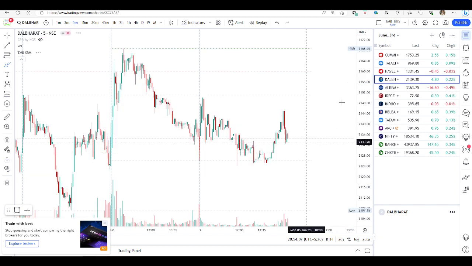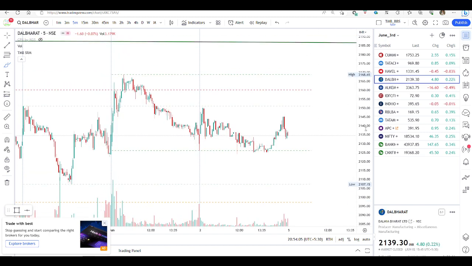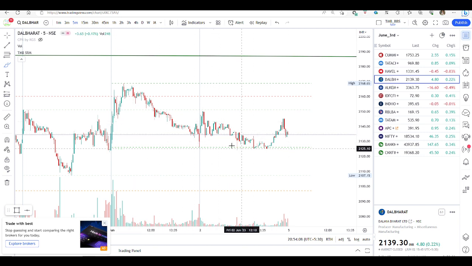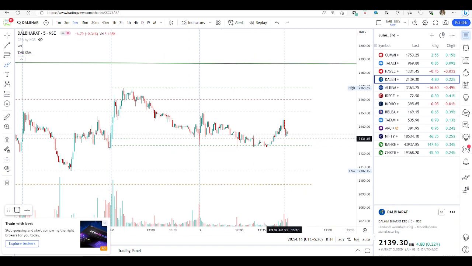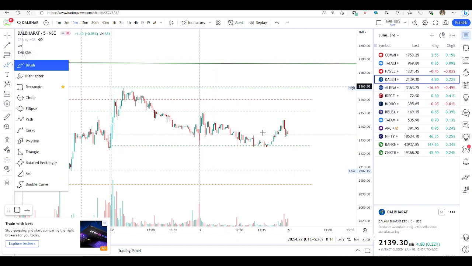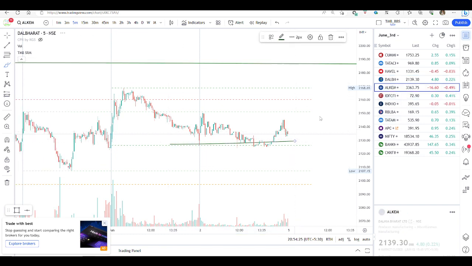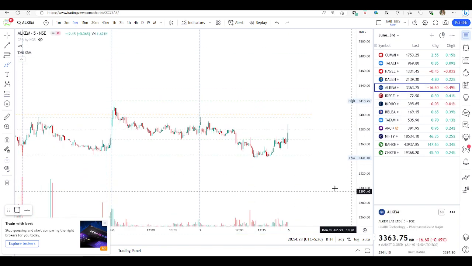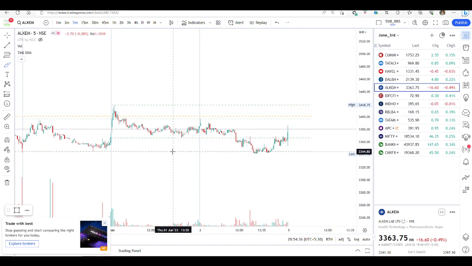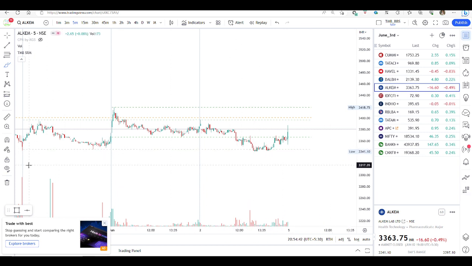Cement stocks: I expected yesterday, in whatever watch list we created, we didn't see any price action. Only NMDC had price action, but momentum is not there. That is the reason I didn't go for any trade in the watch list stocks. Dalmia Bharat also, I may look for the buy side only. Alchem: if I wanted to trade Alchem, it would have a lot of slippages. So just for intraday, people who trade in the cash segment can study it.